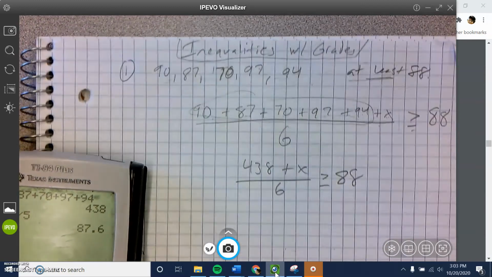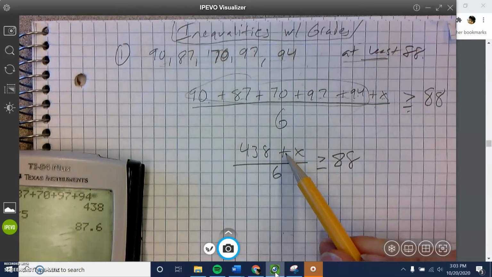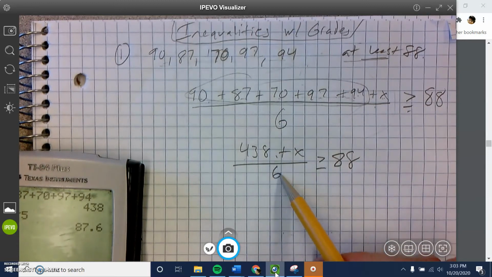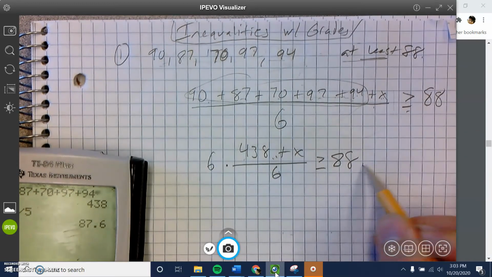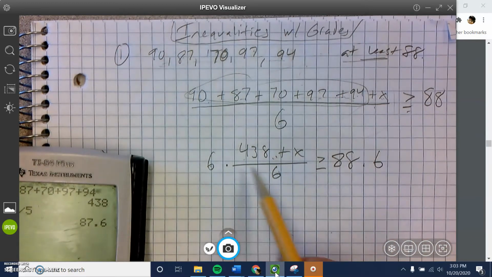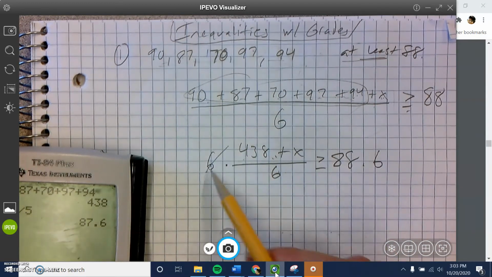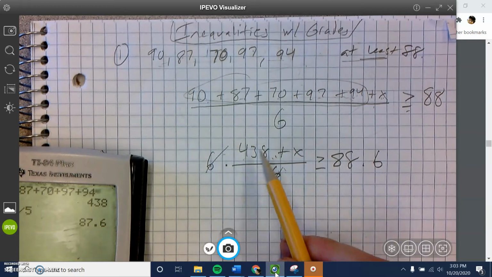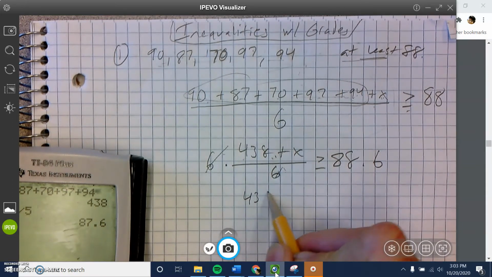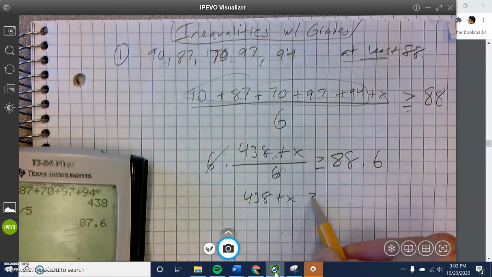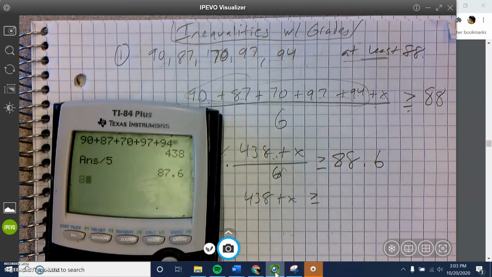Rewrite it like that. What's the opposite of dividing by 6? Multiplying by 6. And 6 divided by 6 is 1, and 1 times this stuff is that stuff. So 438 plus X is greater than or equal to 88 times 6